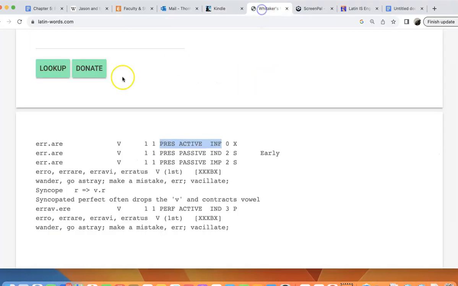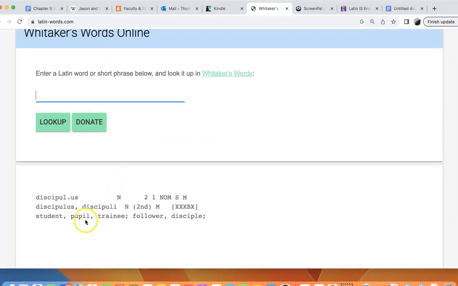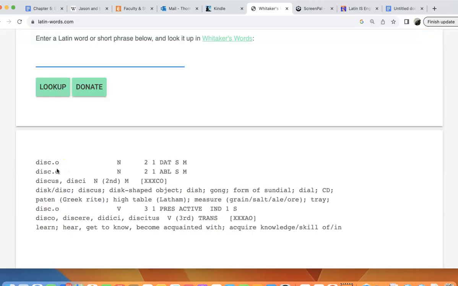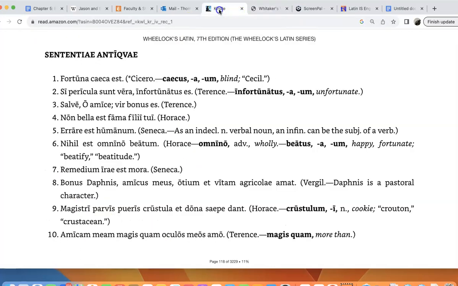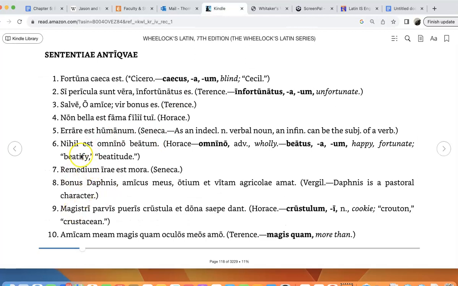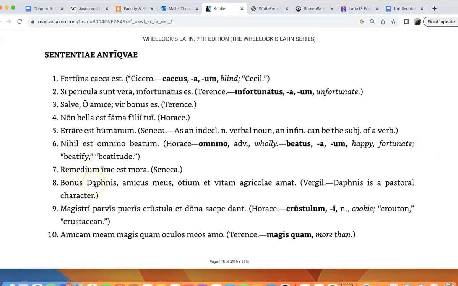in Latin. So if we look at just to kind of discipulus, means student, pupil, trainee, follower, disciple. Disco means to learn, to hear, to acquire knowledge or skills. So, like so much else, we tend to think of discipline as something physical, whereas for the ancients, it was more inward. And it's just an important difference to note here. So, that's sort of the context, if you will, or part of it, of that the remedy of anger is